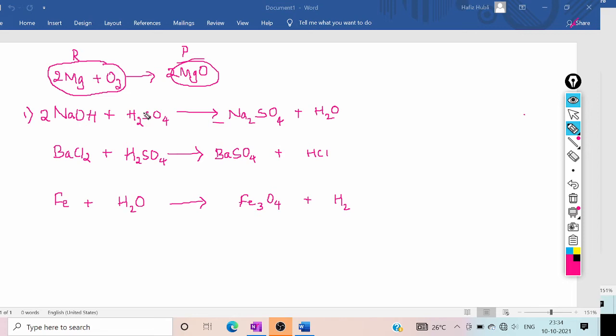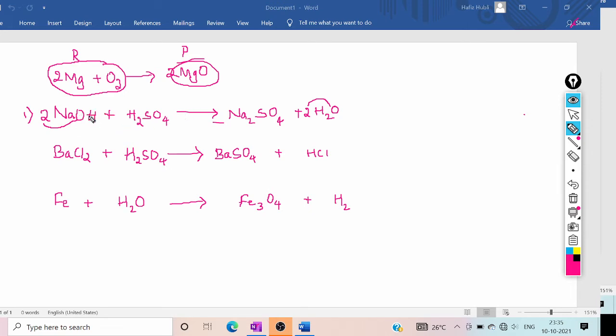Now we'll see number of oxygen atoms in the reactant. Here 2 oxygen and here 4, means in the reactant side total 6 oxygen atoms are there, and here 4 and here it's 1. Here by writing 2 as a coefficient, you can see the number of oxygen atoms on both the sides are equal. Here 4, here 2, 6, 4 here, and this 2, 6. So oxygen atoms are balanced in the equation.